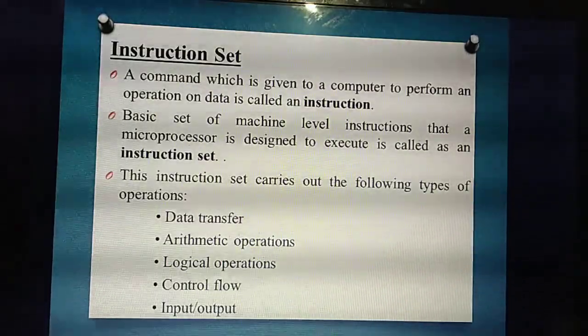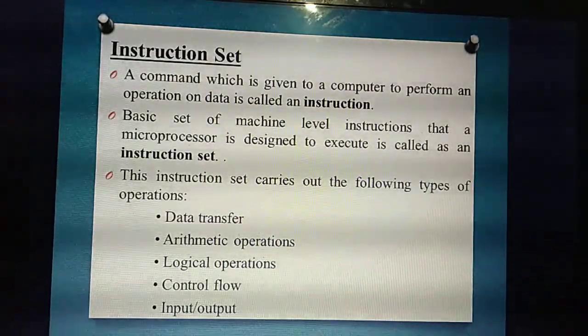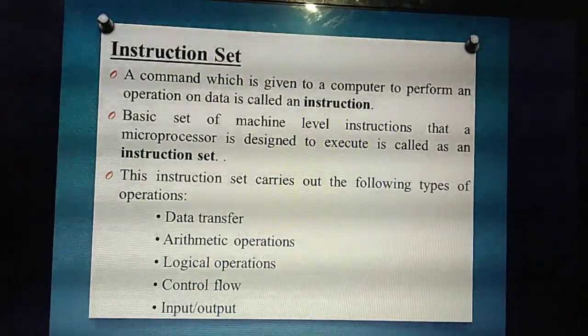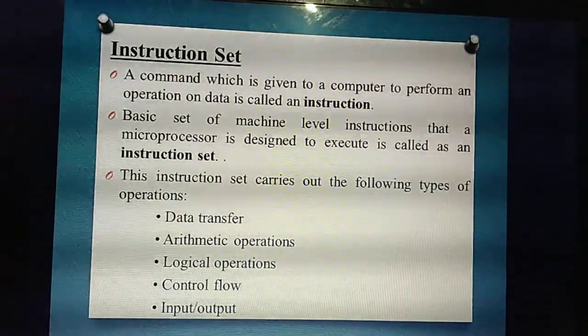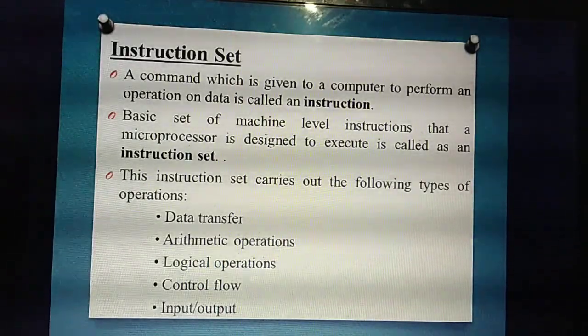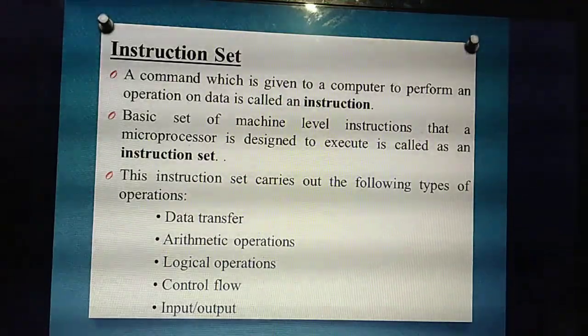So these are the rules you need to follow. That only we are calling as an instruction. So by the name itself we can identify: a set of instructions we are giving to whom? To the computer, to perform the task. So that instruction is carried out by whom? Now we are studying about which component? Microprocessor. Understand?